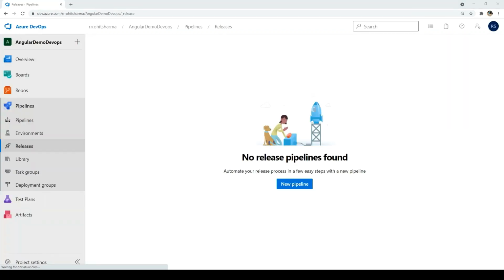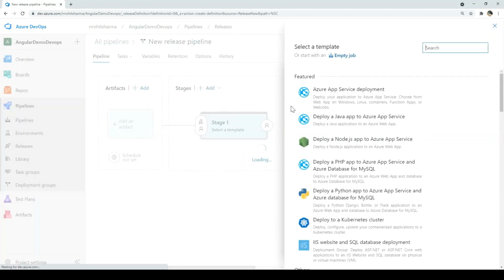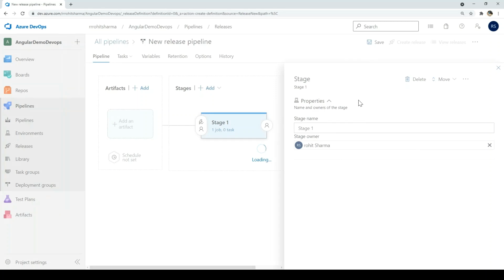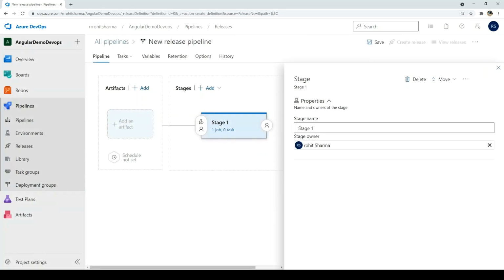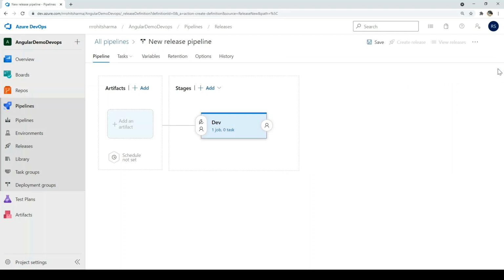Next, we have to create a release. To do that, come back to Azure DevOps in the same project, click on releases under the pipelines, then click on new pipeline and click empty job here. Give the stage name as dev. Click on add.